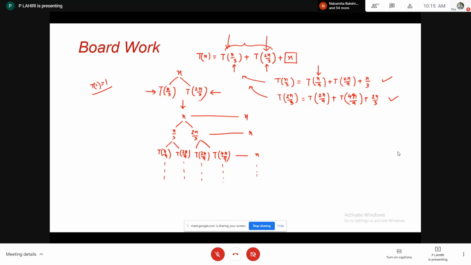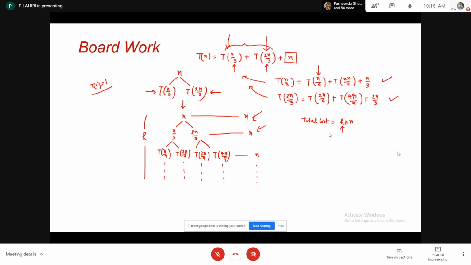So in this way, you can calculate. Then what will you do? You have to calculate the height, otherwise you cannot multiply it with n. If the height of the tree is h, then the total cost that we are supposed to calculate will be h multiplied by n, because per level summation is n, but here your objective is to calculate h. So your objective is to find the height.